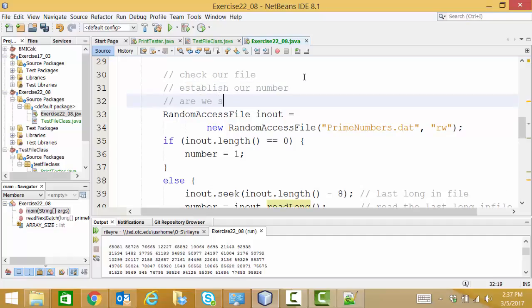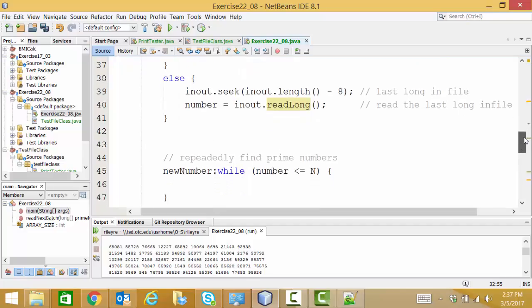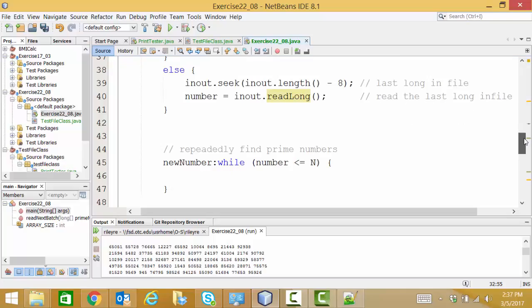Are we starting fresh, or do we have a file? Okay, so